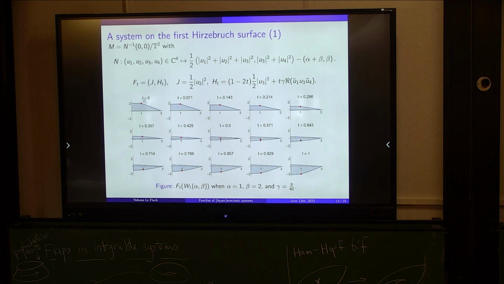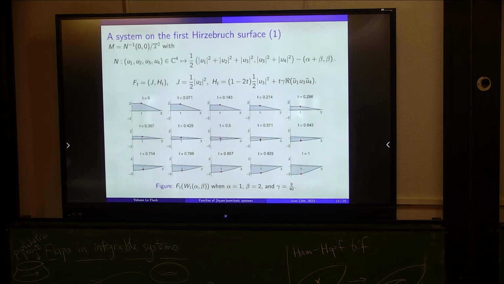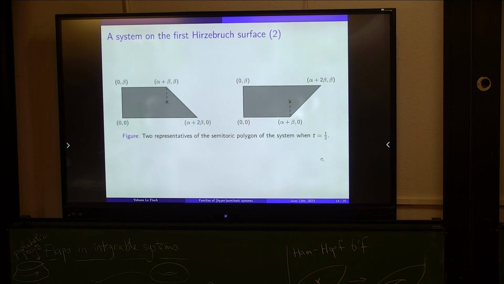And the behavior is again the same. You have an elliptic point here, which becomes focus after some time, after undergoing some Hamiltonian bifurcation. Here it's focus again, and then it becomes elliptic again. Okay, so it worked for this system, and it was nice. And the story about the polygons is the same. These are exactly, if you compare them to the image at t equals 0 and the image at t equals 1, this is what you expect. It's not a coincidence, but I'll tell you more about this.